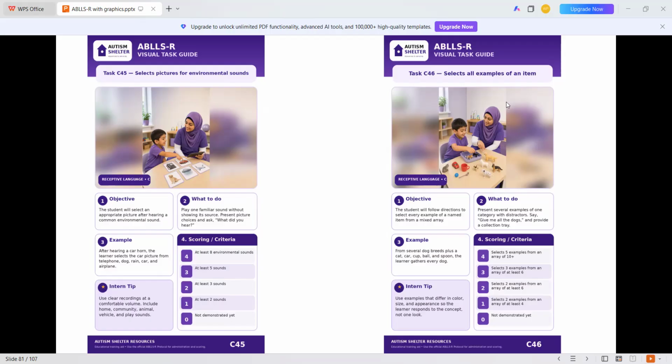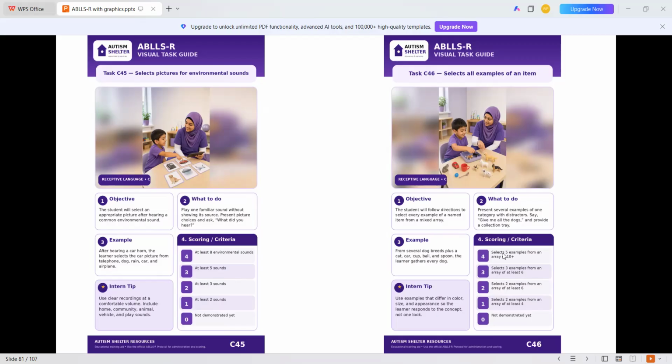You can see in this picture that we have dogs, and also multiple other items, for example cup, car, ball, spoon, cat, etc. The related example: you can say, give me all the dogs. The child is going to pick all the dogs and give them to you. From several dog breeds plus a cat, car, cup, ball, and spoon, the learner gathers every dog.